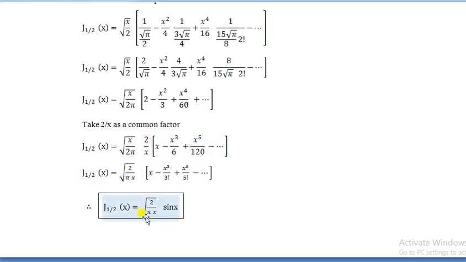So square root of 2 divided by pi x, and we know that the sine series is x minus x cube by 3 factorial, plus x raised to 5 by 5 factorial, minus x raised to 7 by 7 factorial. So this alternating sign and this series denotes the sine series here. So square root of 2 by pi x into this whole bracket is denoted as sine x. So you get the value of J half of x as square root of 2 by pi x into sine x. So one more problem, J